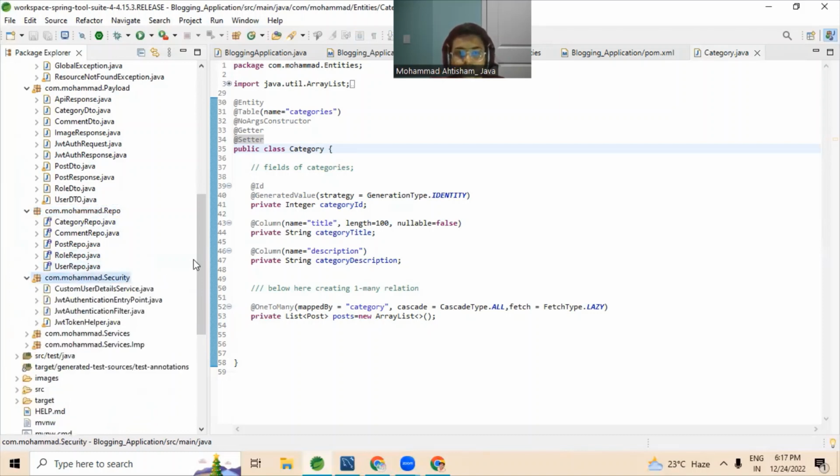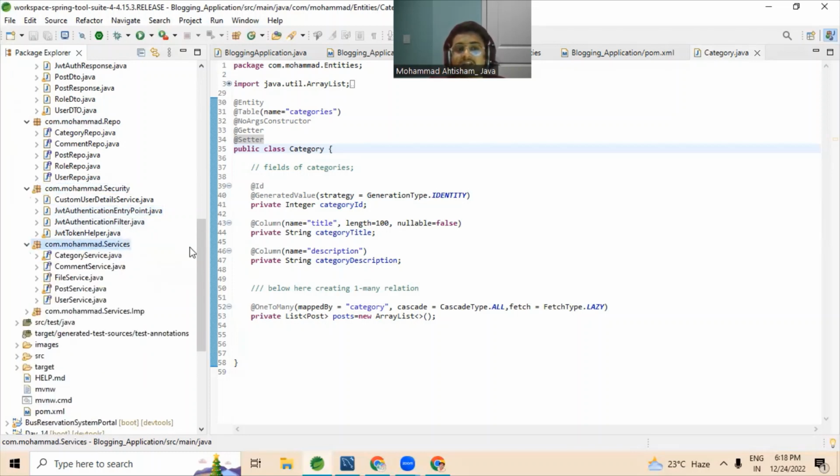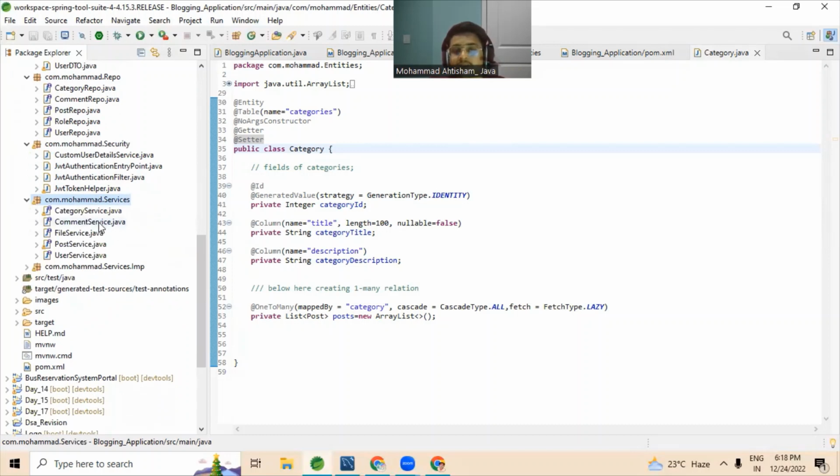This is another package whose name is security package. In this package we create the classes regarding security, such as the JWT token helper class and the JWT authentication filter class for filtering purposes, and we are also creating the JWT authentication entry point class for security purposes. If I talk about the important package, that name is service, where we implement the methods regarding